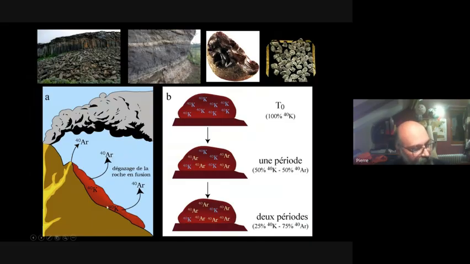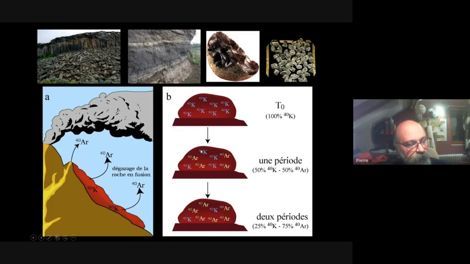And when the rocks crystallize, when we pass from magma to rocks, the phenomenon stops, and the argon cannot go out after this crystallization. And the quantity of argon increases and increases due to the disintegration